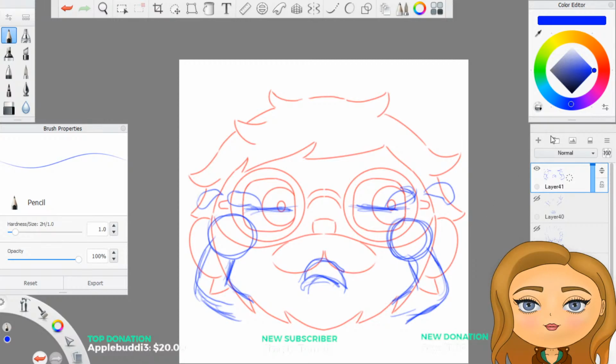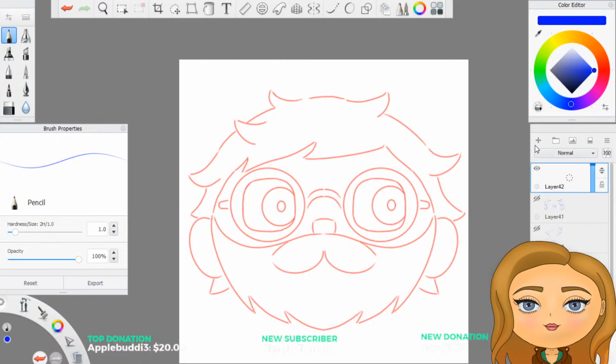He needs his rooster hair. Yeah, give him his mohawk he's got at the moment. I'm just slowly fading down his head.